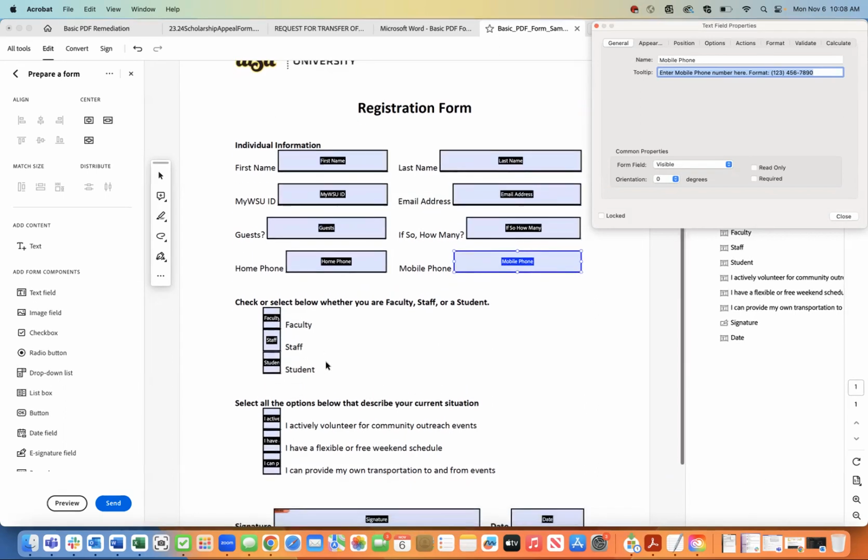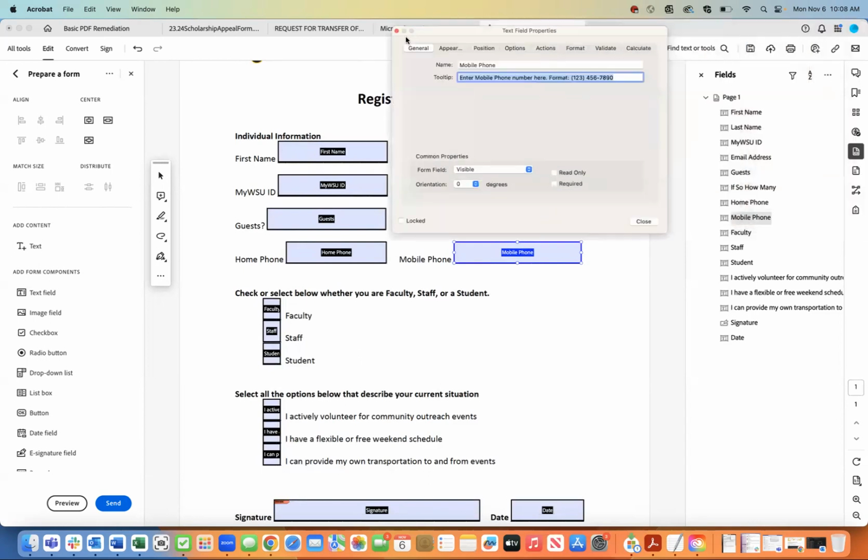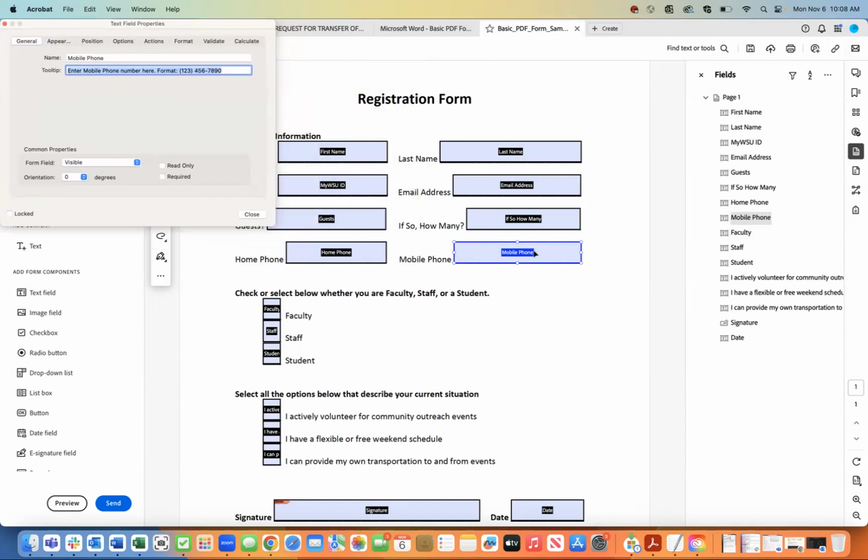For ease's sake, because you may not end up working with radio buttons a lot, but radio buttons are the ones that you would use to make them select one of the options. We'll put that in the advanced form tutorial later. For now, we're just going to stick with checkboxes for these. And if I look over here on the right side, here we go: faculty, arrow down, staff, student, actively volunteer, have a flexible or free, I can provide my own transportation. You might note here